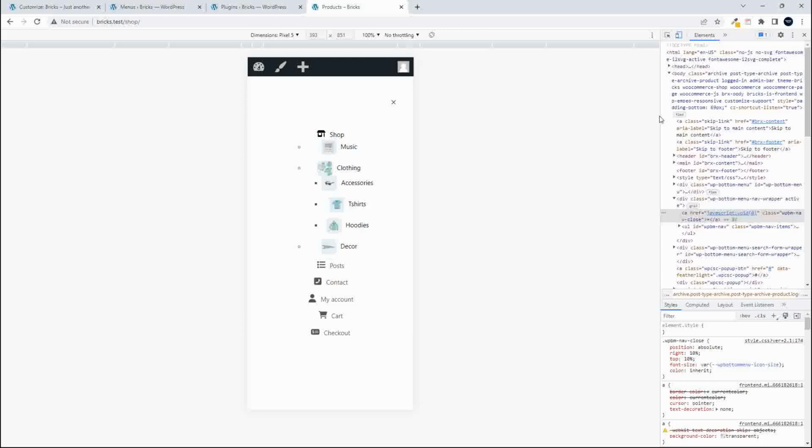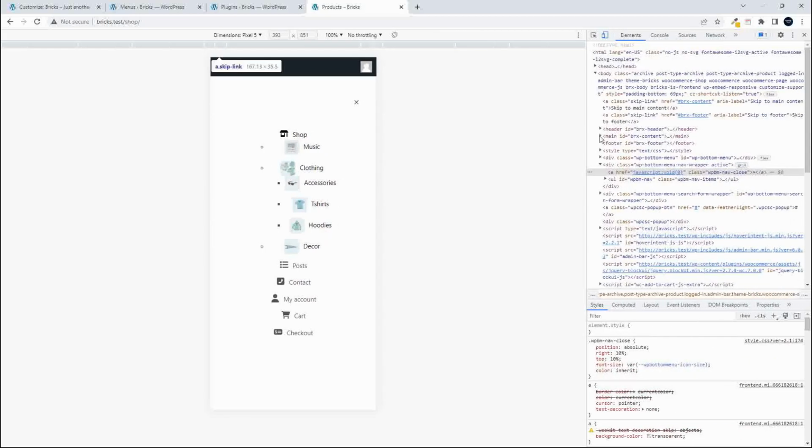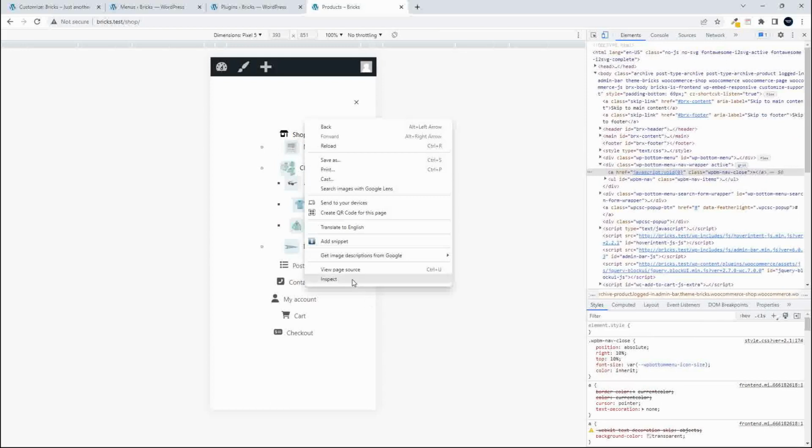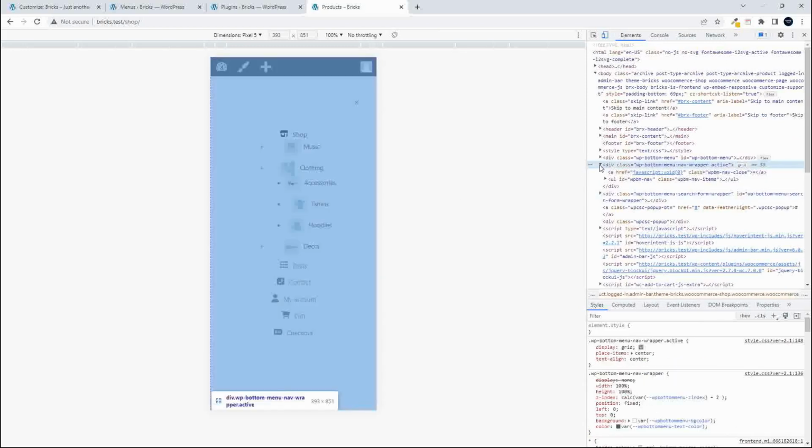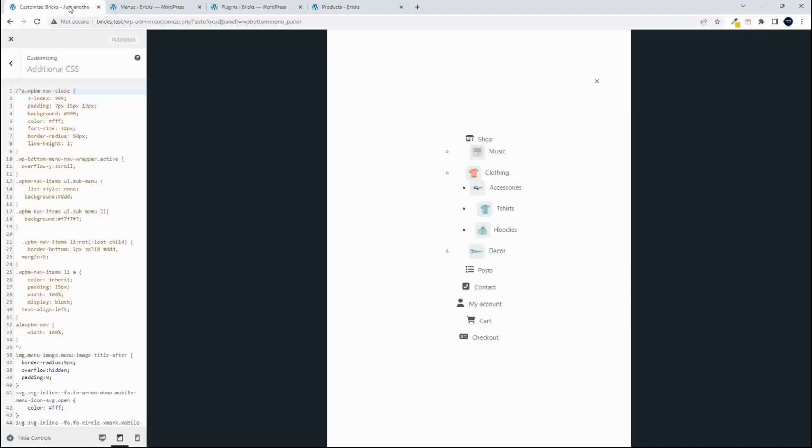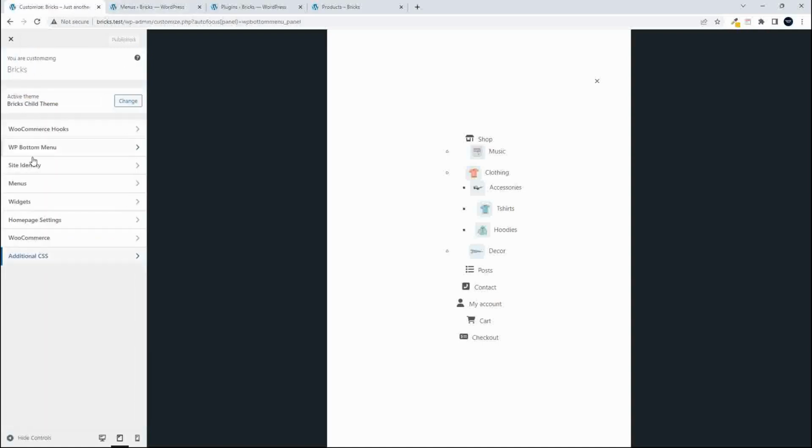And to understand what to do, let's just look at how the menu is structured. So if we right click and go to inspect, you'll see that we have the WP bottom nav wrapper, and it's on active. And what that tells us essentially then is that if I go into the bottom nav and I was to